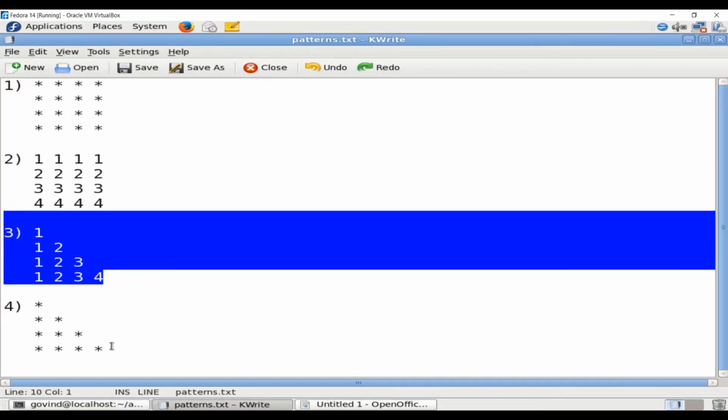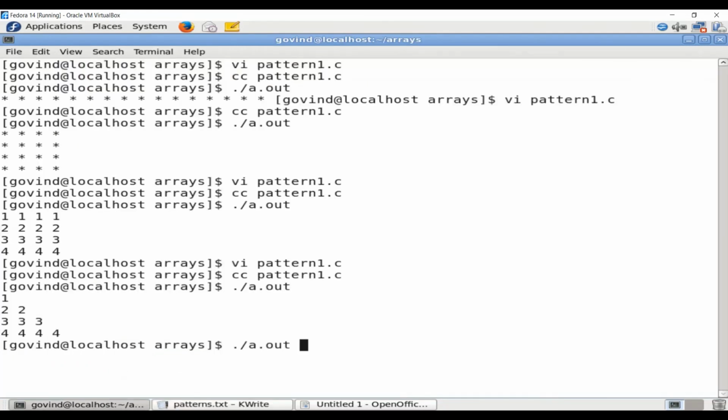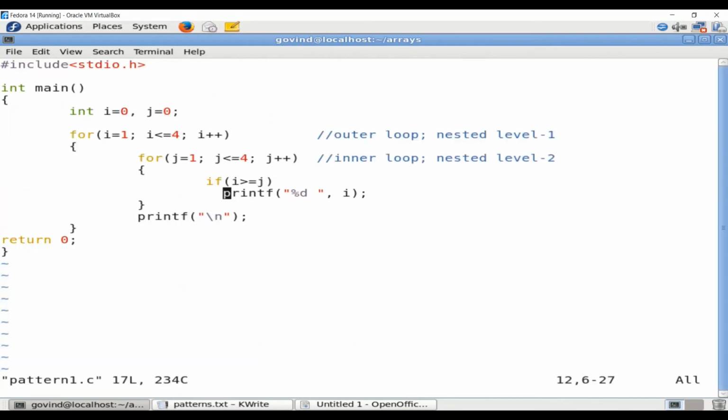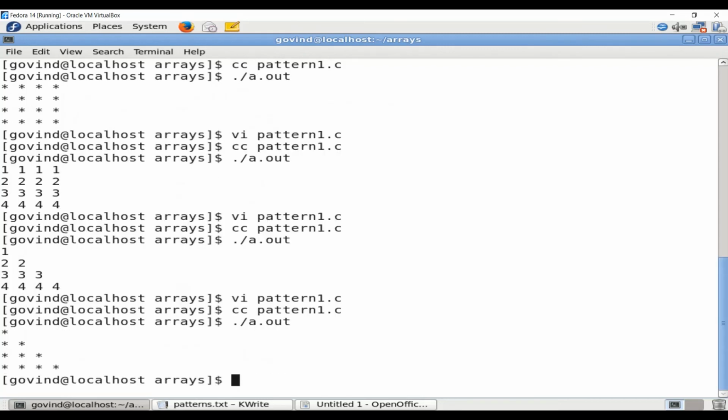Now, the fourth problem definition is very trivial. You could have already guessed the modification required for this program. Instead of printing I just need to print star. That's it. I'm going to compile it, run this program.